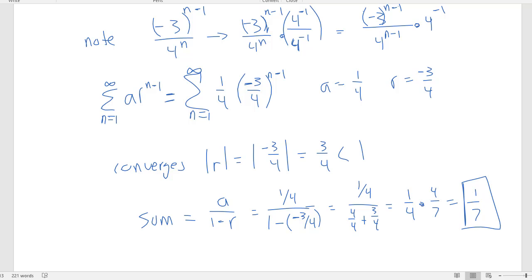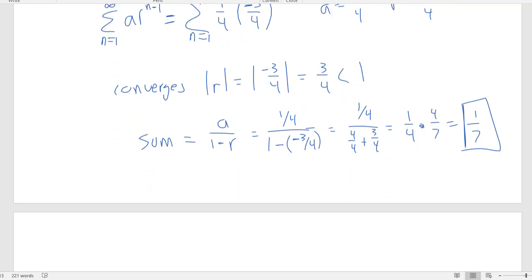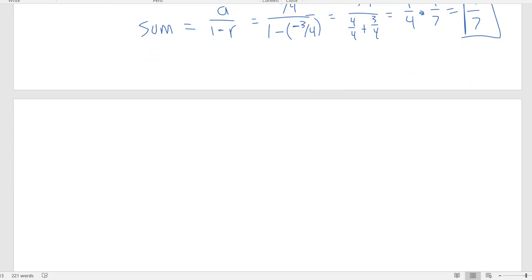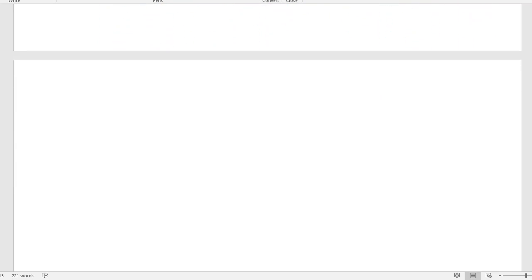All right, so again, I want to point out that geometric series are the only types of series where we're going to be able to find the actual sum of all infinitely many terms. We will not be able to do that for any of the other series that we look at in this class. That really technically finishes everything in this video, but I want to take a look at one more example